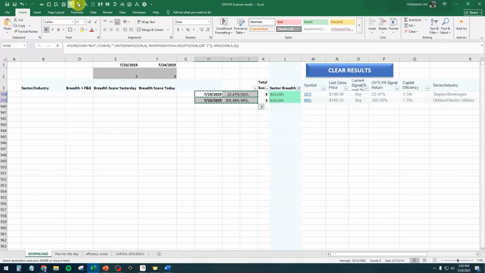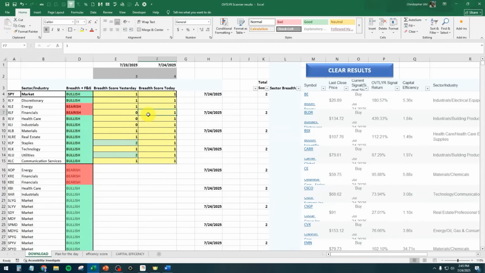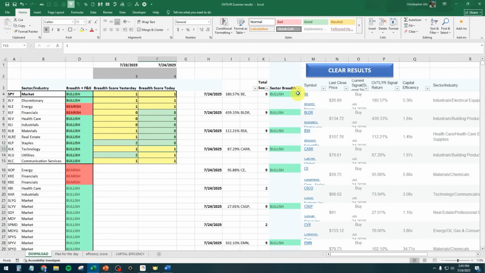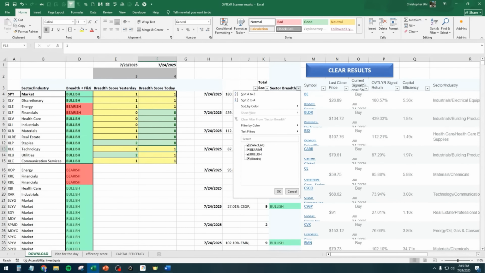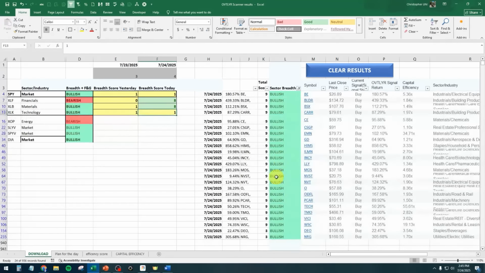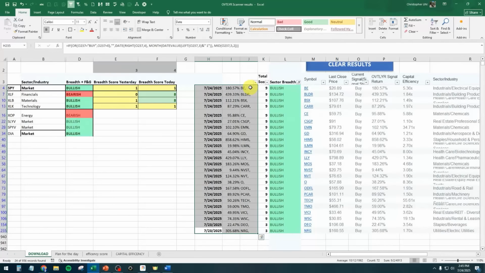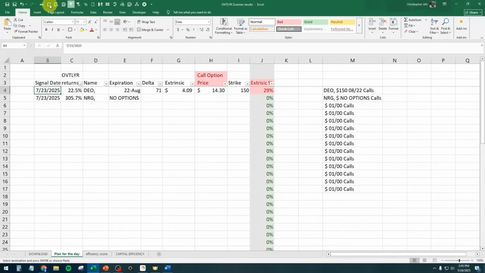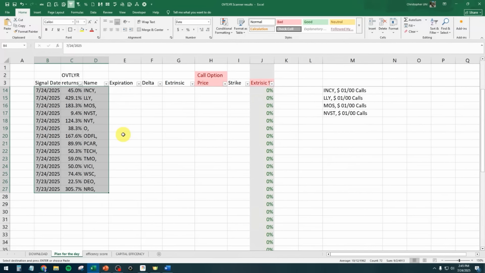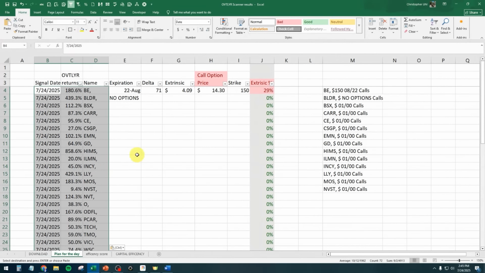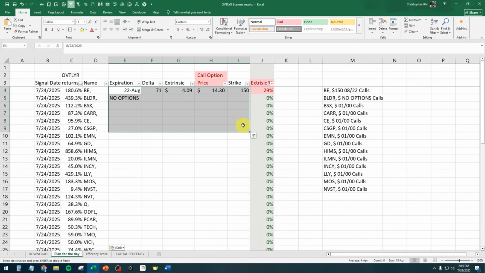Let's go back and I'll show you, let's say we did like 8, 8, 8, 8, 8, 8. Okay. There's going to be a lot now. There's going to be some bullish and some bearish. We don't want the bearish. We only want bullish. Okay. Now there's quite a few. So if you copy all these and you paste them on the Plan for Today tab, paste as values, that's quite a lot of stocks to go through. Ain't nobody got time for that.